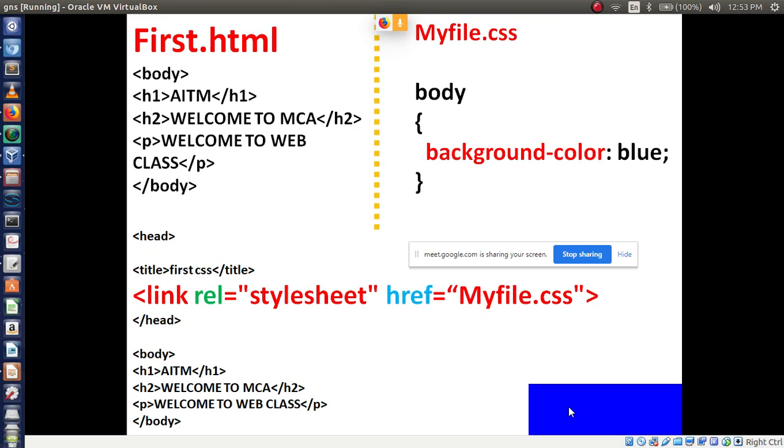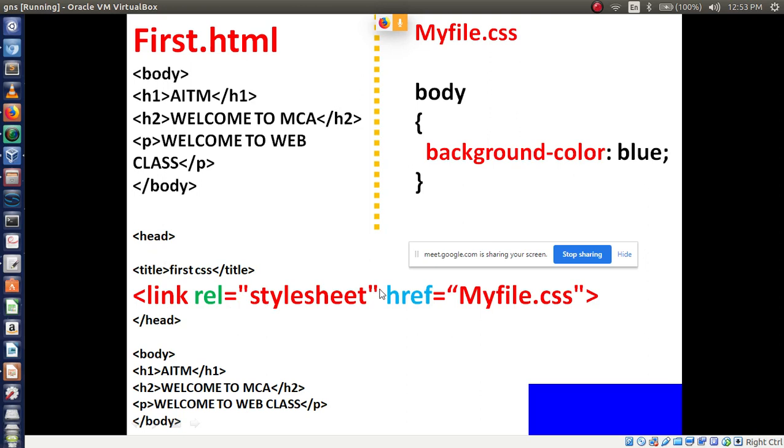This line is very important to use an external style sheet. Link this, I am telling again, this line you have to write inside the head section. Inside the head section, link rel, which type?